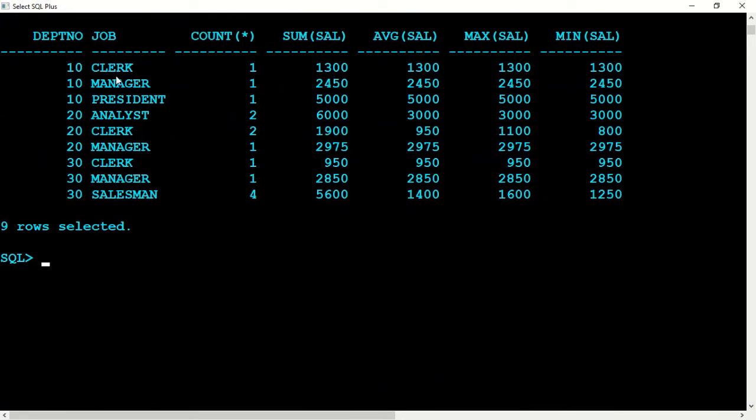Now here we are looking at how much we are investing for clerks in department 10, managers in department 10, president in department 10, and so on. So we are again dividing the department number job wise. The job wise has been bifurcated, so the number of groups has increased.